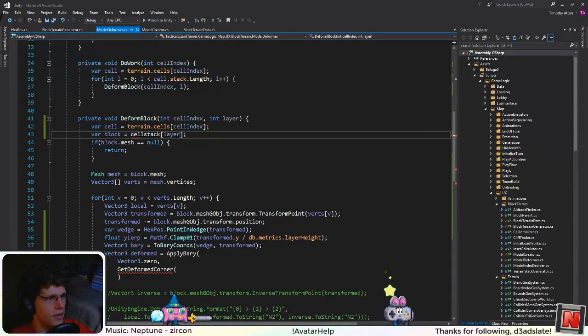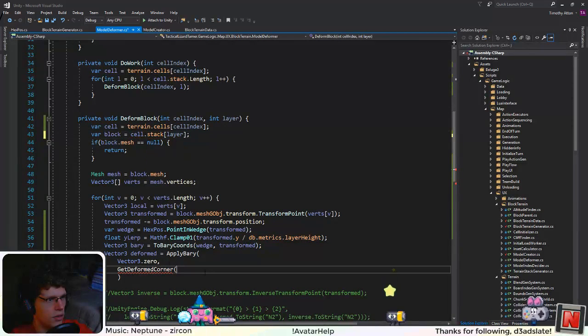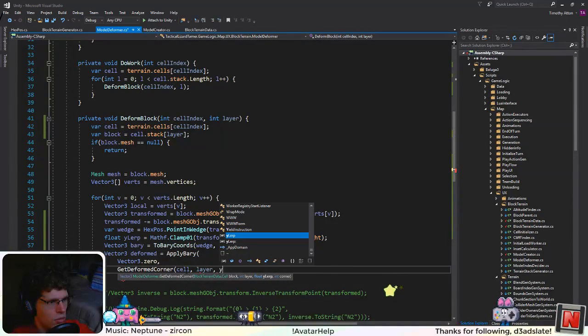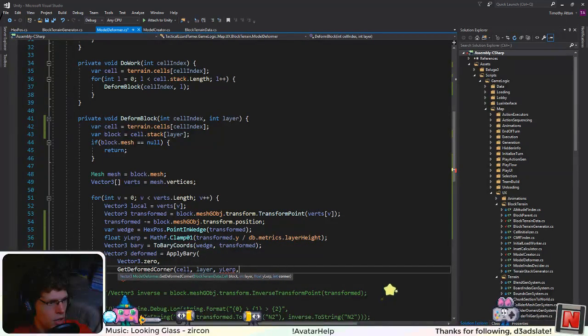Oh, come on. Fingers. Oh no, I pressed insert by accident. Okay, so cell, oh, I have the layer right there. Y lerp and